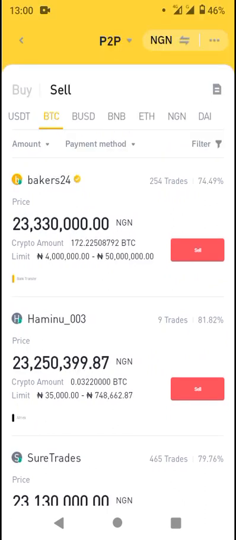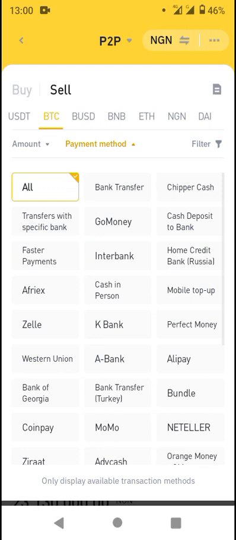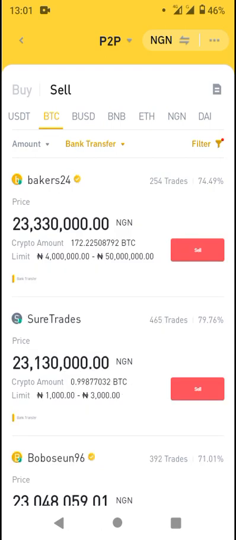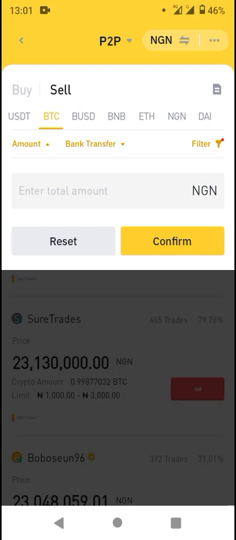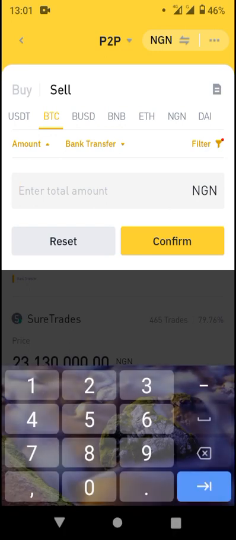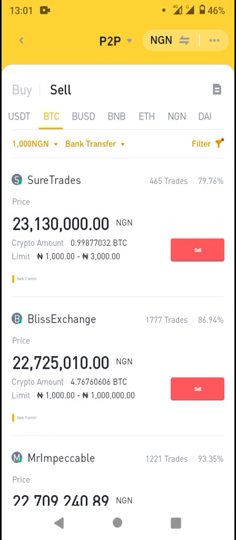Now, what you need to do to slim down or to filter these out faster, you click on the payment method, which is bank transfer. Since we want to convert our Bitcoin to fiat, click on bank transfer. Then you can decide to put the amount you want. Let's say the minimum, let's put 1,000 naira. You click on confirm. So it's going to apparently filter out the users who are not currently selling their Bitcoin